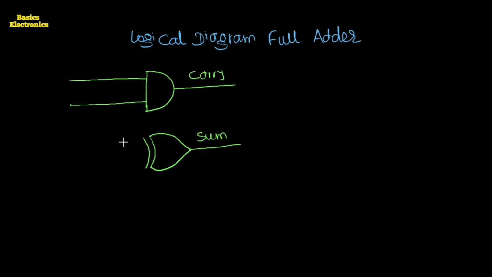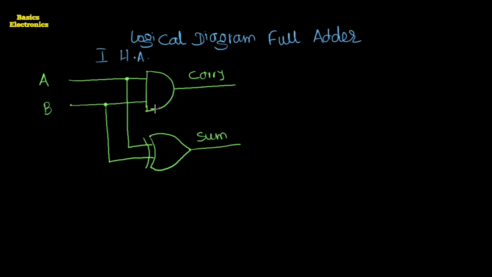Okay, so here we apply the two inputs. The first input is A and the second input is B. The common inputs we apply to the AND gate as well as to the XOR gate. Whenever there is a connection of two wires, here we have to draw a dot, or we can make it a bold spot. Now we have the two outputs; this is the first half adder.